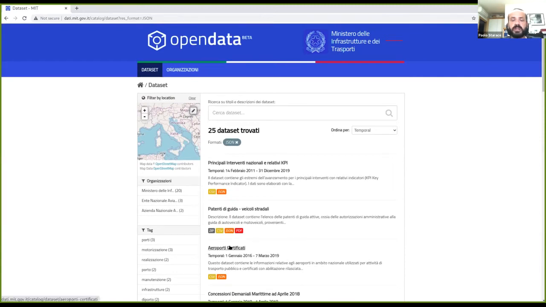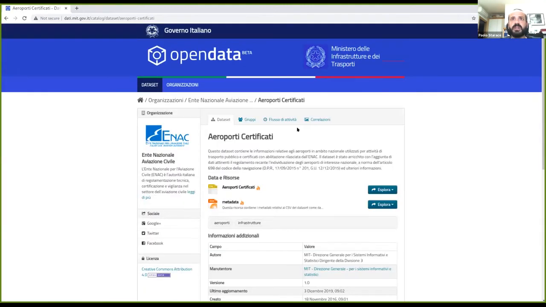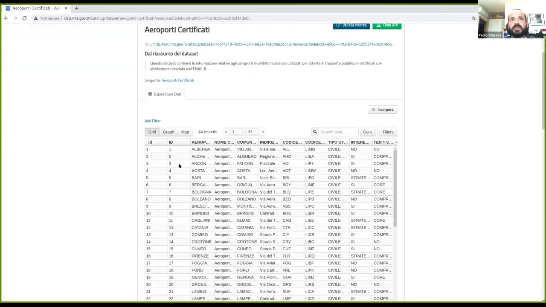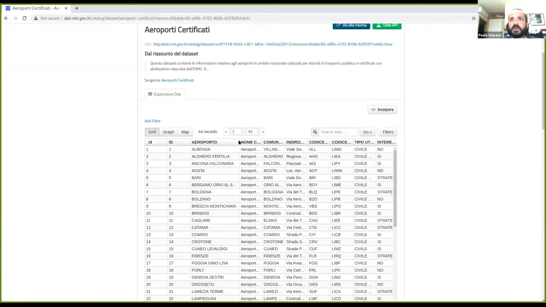I'm sorry, the website is in Italian, but I will try to explain what I'm doing. As you can see, we have two resources. The one is the CSV of the airports, and the other is the metadata. So the CSV of the airports is a standard CSV. So you have an ID and an airport name, and so on.